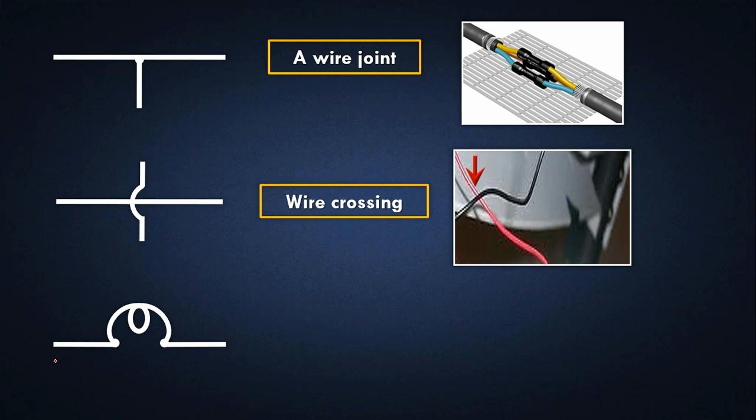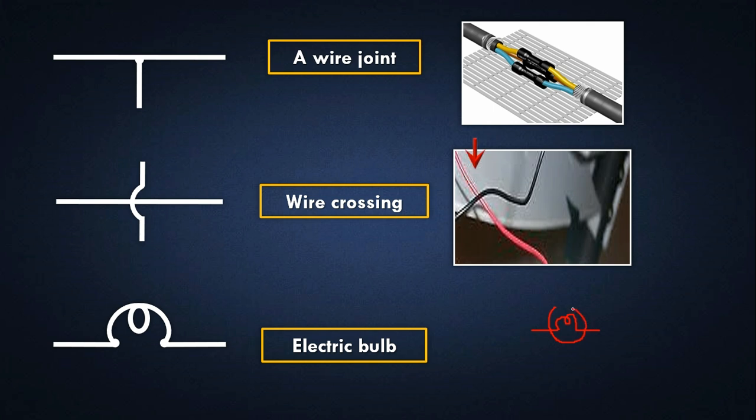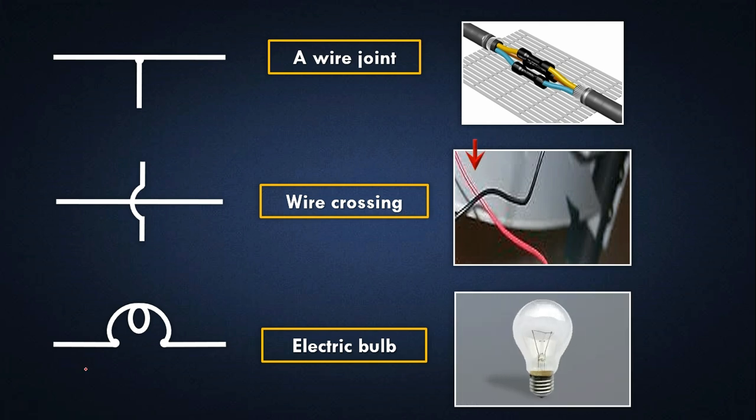and this is the symbol of an electrical bulb or electric bulb. Okay, the electric bulb symbol is represented like this. A simple structure is like this. Okay, and you can draw like this. This is an electric bulb. Okay,